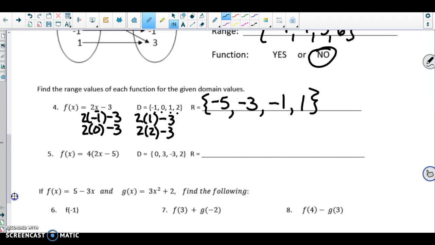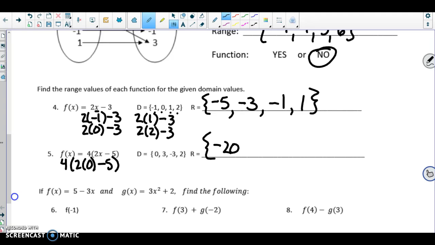Same thing with number 5. We're going to take our domain and plug it in. So, we could distribute to start with. I could distribute in, or I could leave it like this and then multiply what I get on the inside of parentheses by 4. Either way, whichever you prefer. I'm going to leave the 4 on the outside and just take 2 times 0 and then minus 5. Well, 2 times 0 is 0, minus 5 would be -5, so 4 times -5 would be -20